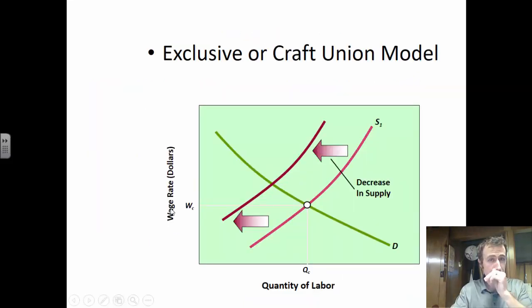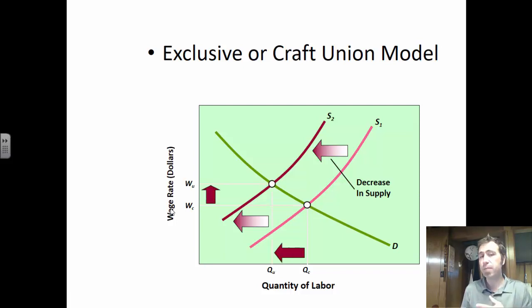So though the unions are able to do a closed shop, union shop, or exclusive or craft union, they can lower supply. And again, that's going to raise wages from a competitive market, WC, to a WU, a wage from the union. Of course, that brings down the quantity of labor hired. Now,